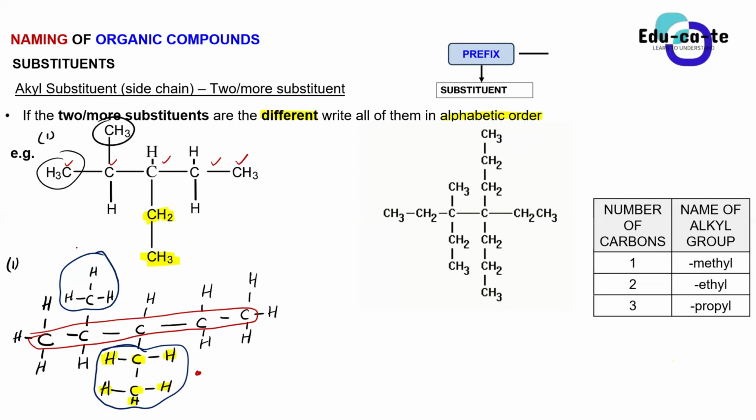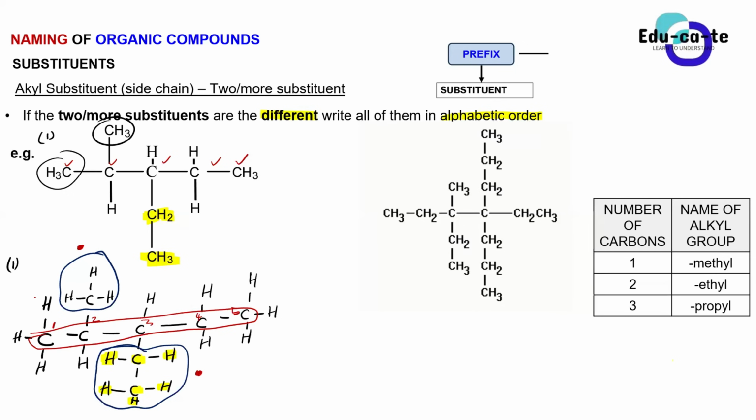But if you were to number like this and say this is carbon 1, carbon 2, carbon 3, carbon 4, and carbon 5, our methyl is now occupying a smaller number, which is carbon 2. Okay, not that we are prioritizing the methyl, guys. We just want all the substituents to get the lowest numbers possible.